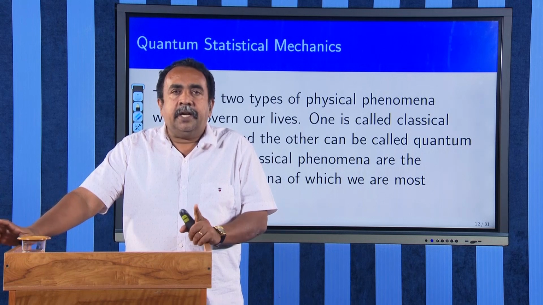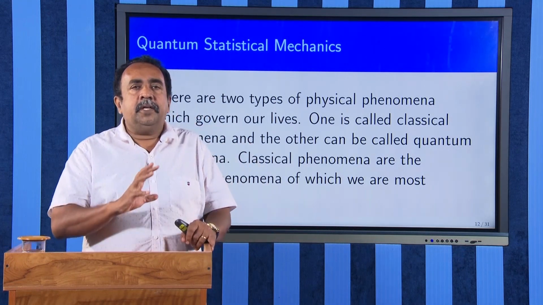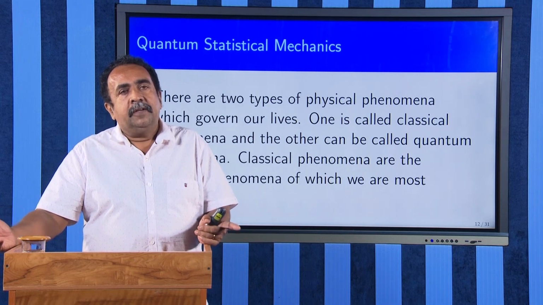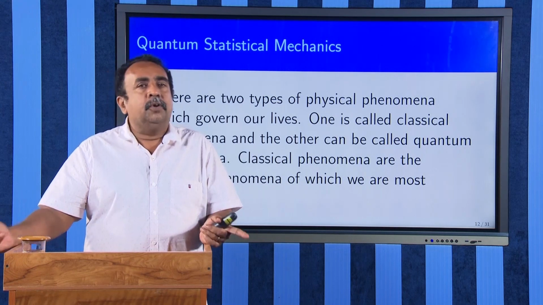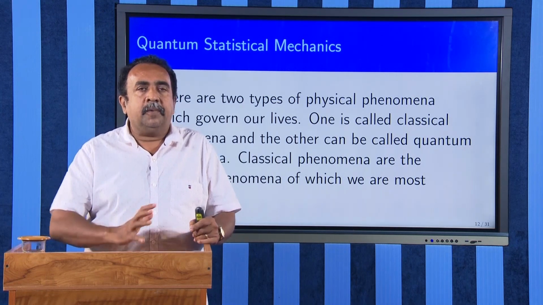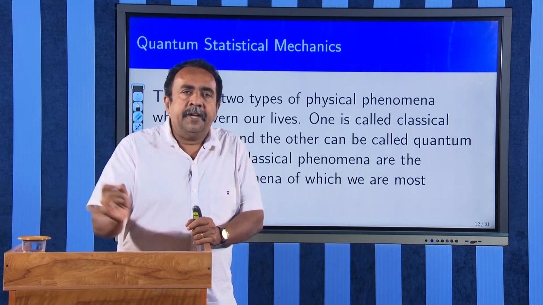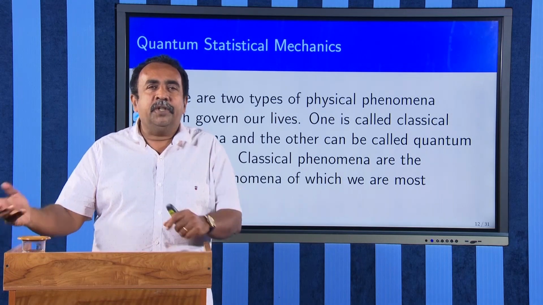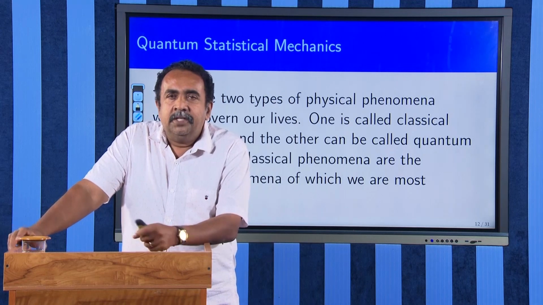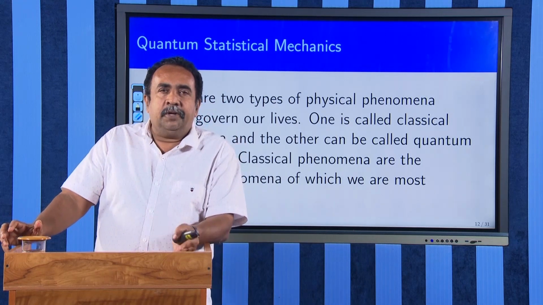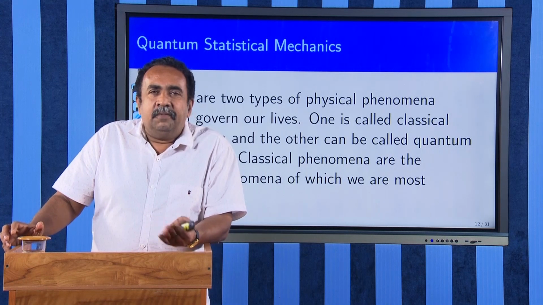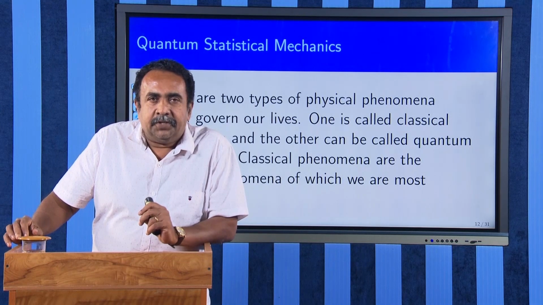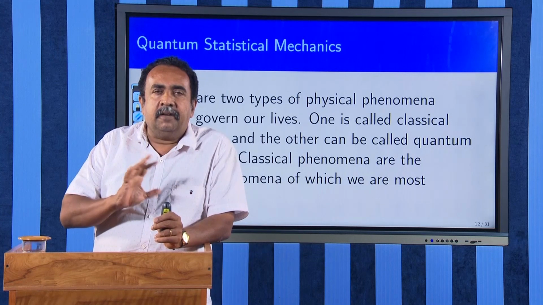Therefore, whenever I say a quantum system, that system will be exhibiting a large number of quantum phenomena. Classical phenomena, we know about. For example, Earth is revolving around the Sun, Moon is revolving around the Earth. There is no quantum problem connected with that. Macroscopic systems: if a simple pendulum oscillates, we do not require any quantum mechanics or quantum statistical mechanics to show that T is equal to 2 pi root of L by g. Similarly, if you want to find an equation for Young's modulus, or the acceleration, velocity or displacement of a particle, we will not apply quantum mechanics. Those phenomena we call classical phenomena.